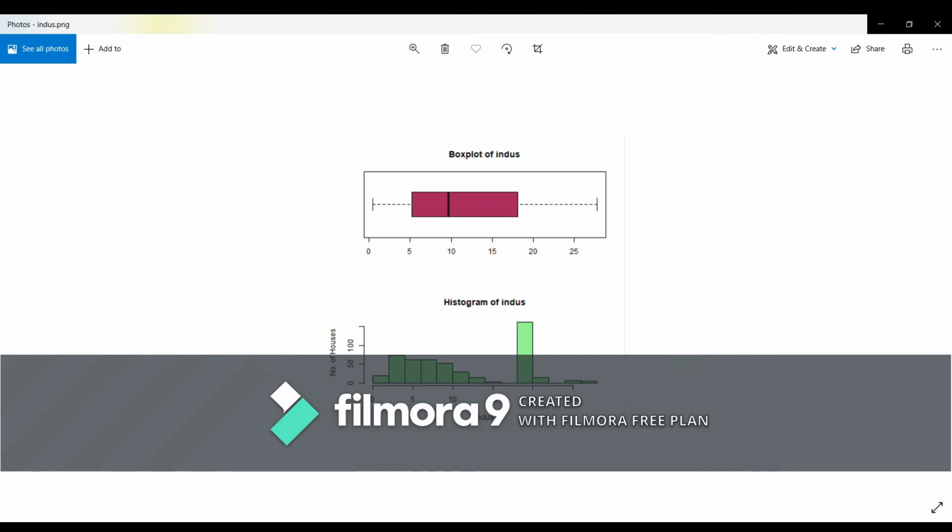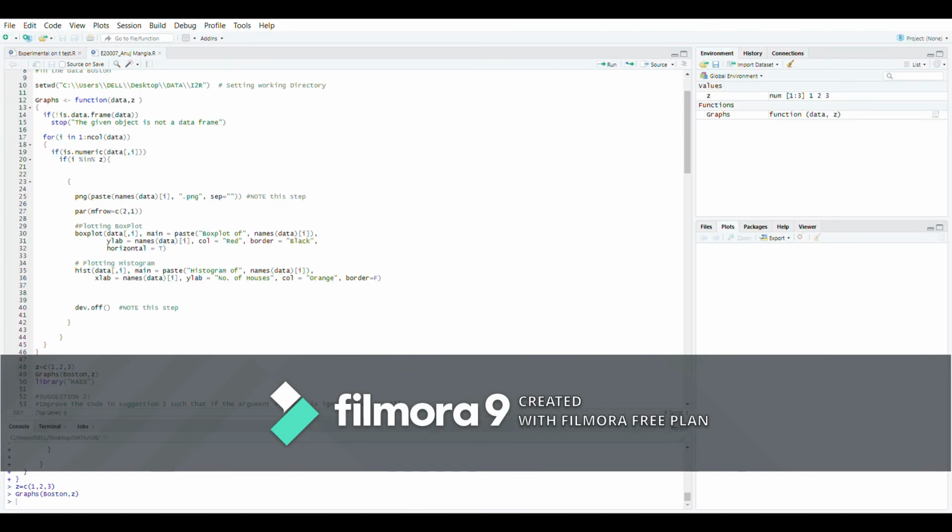Here also we can see that we have given 2 rows and 1 column. So the box plot of Indus and the histogram are in two rows and a single column. It will be stored in the file and looks like this.